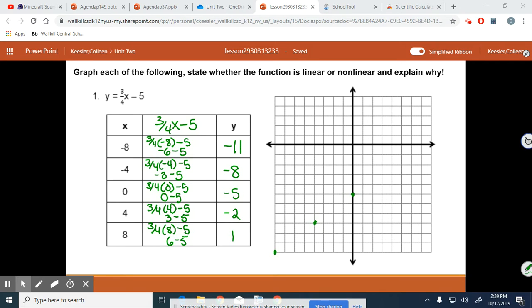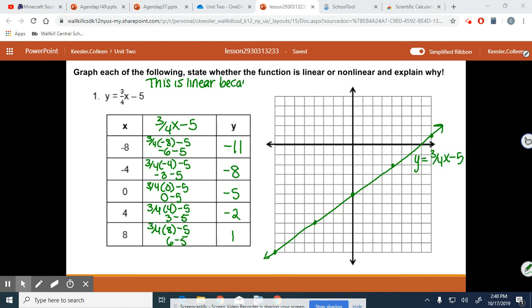4, -2 is right 4 and down 2. And then 8, 1 is right 8 and up 1. So here, if we connect our points, we have a perfectly straight line. We label it with the equation. And we now have proven that this is definitely a linear function. And we would write that this is a linear function, or this is linear,